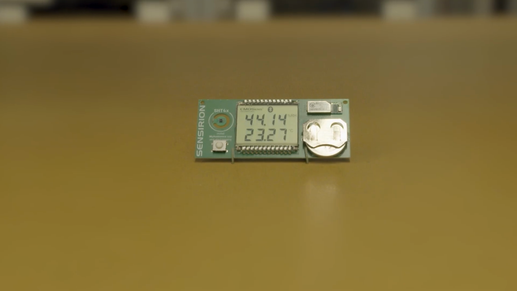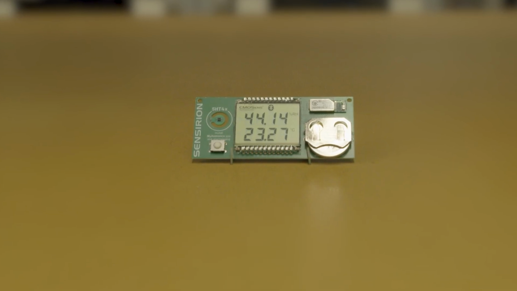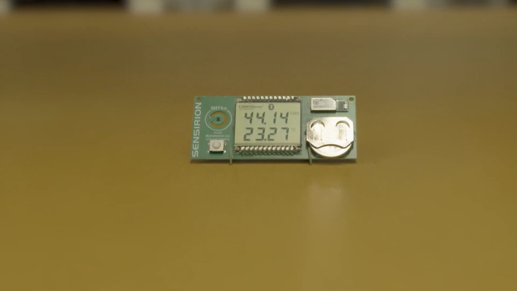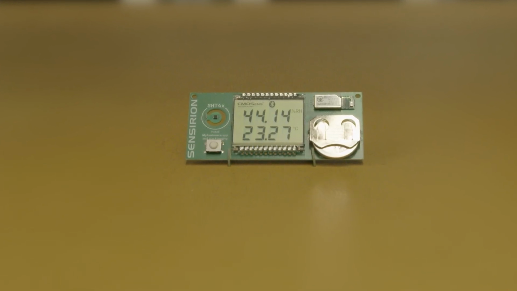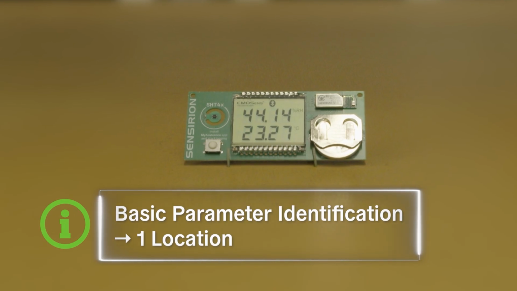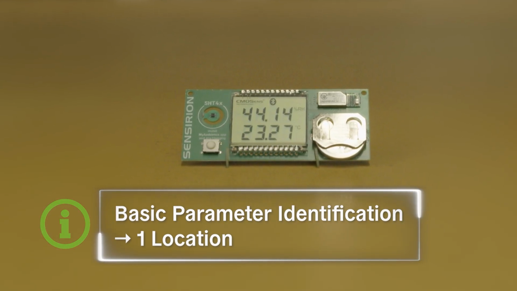To calibrate the Sen 6X sensor accurately, you need to determine several key parameters. These are then processed by the sensor's internal engine to compensate for any temperature and humidity influences caused by your device. We will first walk through a basic calibration that requires only a single location and delivers reliable results for most applications.